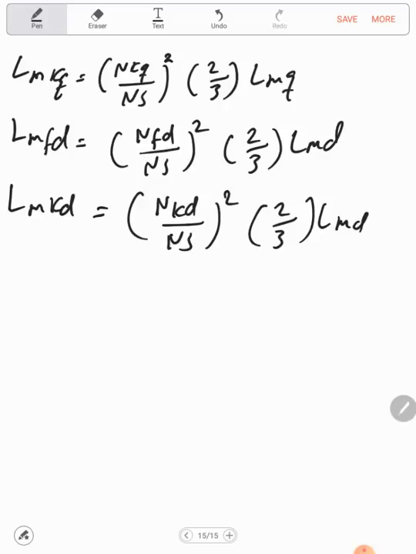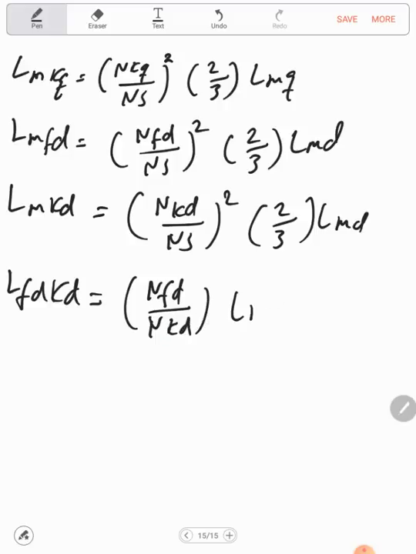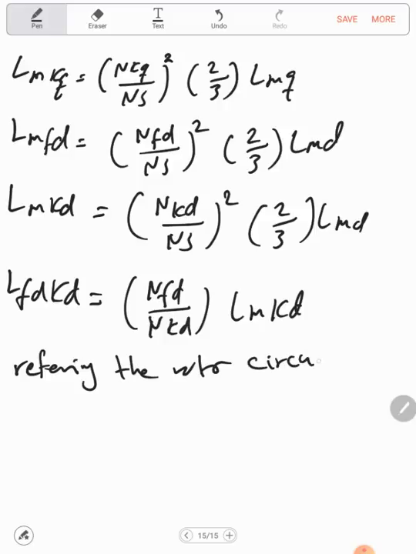And finally here we have the mutual inductance between the field and the D-axis damper winding acting on the D-axis, which is the LFD KD. This will equal NFD over NKD multiplied by LMKD. Now we need to refer the rotor circuit to the stator circuit. So referring the rotor circuit to the stator,